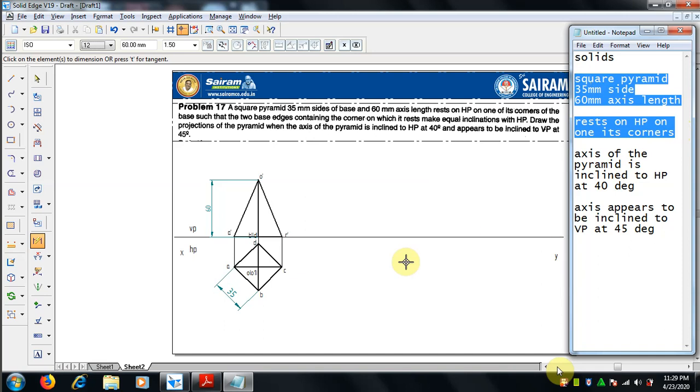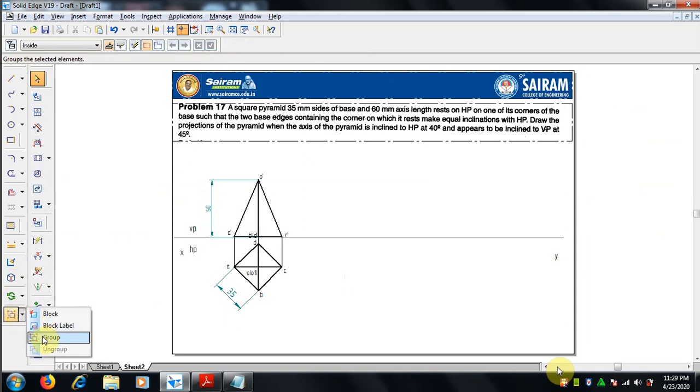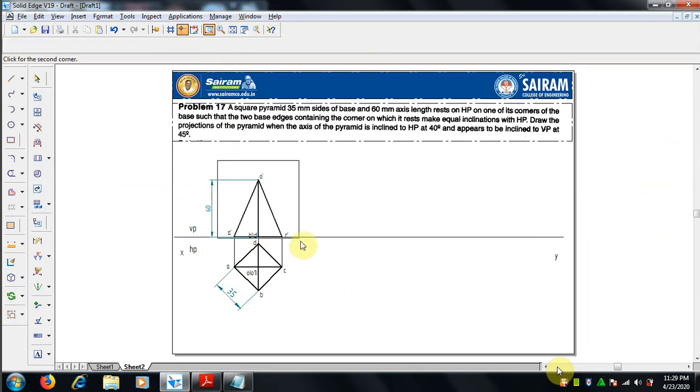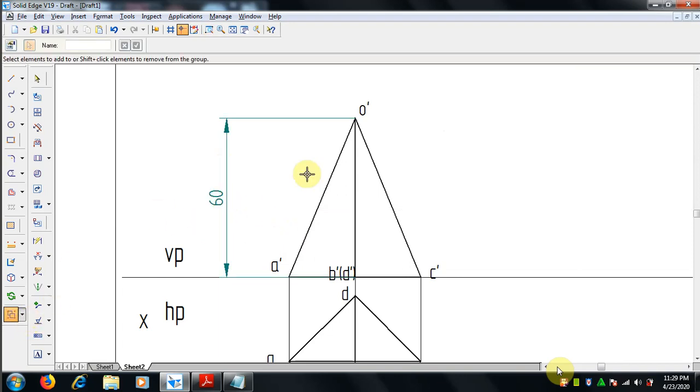Next, the axis of the pyramid is inclined to HP, so we have to concentrate clearly, make a group of it. The front view: select all the lines and the notations by clicking a rectangle selector and make it as a group by using the select command.